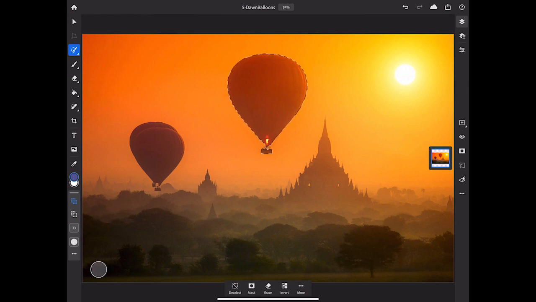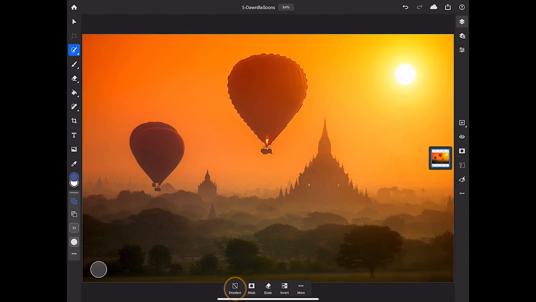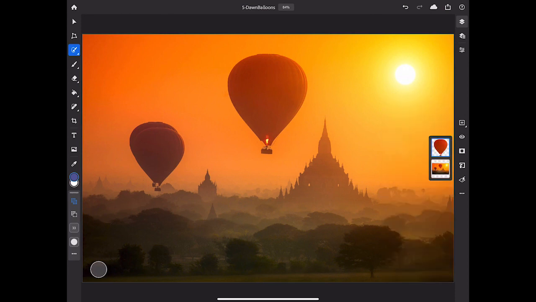So now that I have the balloon and the basket selected, I'm going to go over to the right side of the screen and tap the 3-dot menu in the taskbar, and there I'm going to choose Copy. Then I'll tap Deselect to make the marching ants disappear. I'll tap the 3-dot menu again, and this time I'll choose Paste. And that creates a new layer that has just a copy of the selected balloon,